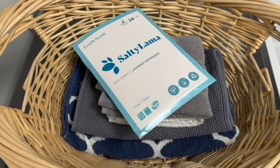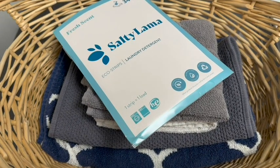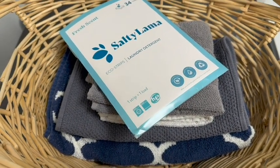I love that these are hypoallergenic and safe for sensitive skin. I love that they totally dissolve completely and that there's no waste. So if you're looking for a laundry detergent that does all that, then I would definitely recommend the SaltyLama, and